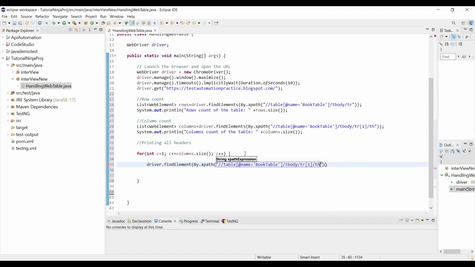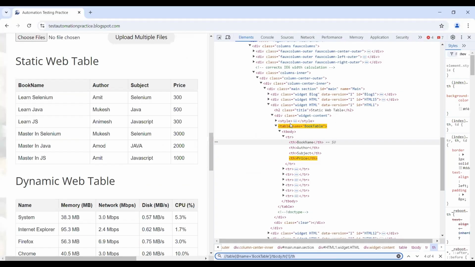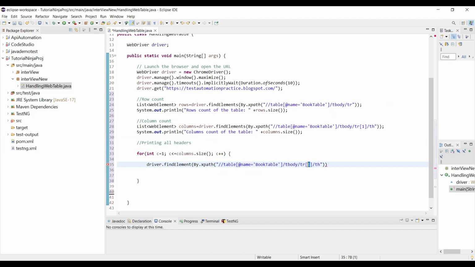Here we can provide the xpath, but because all the headers are available inside the first row, I am fixing the row as first row, and we can write logic